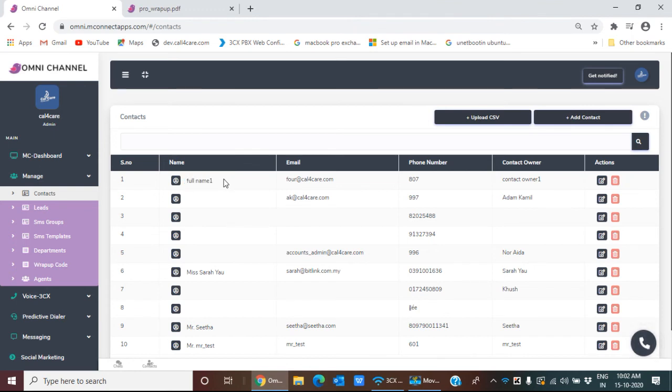I gave the name of the customer to be full name 1, his email details, his number, the contact owner. So this is how the wrap-up code is very important, not only in indicating the interaction as well as converting them directly into contacts.